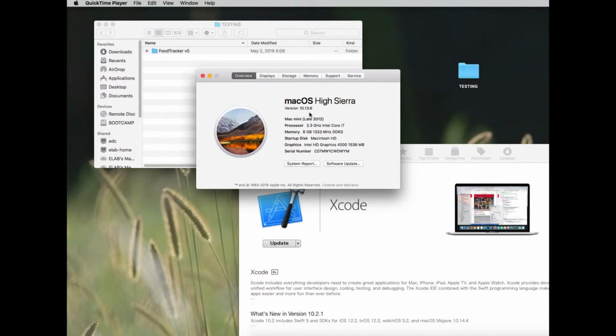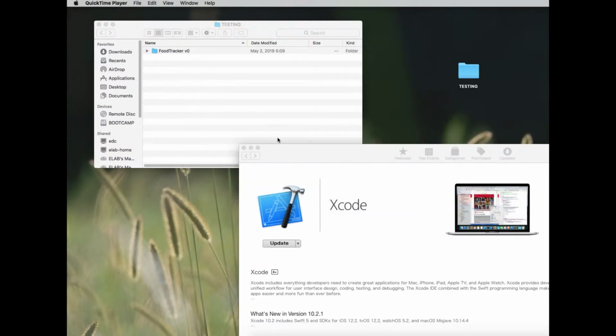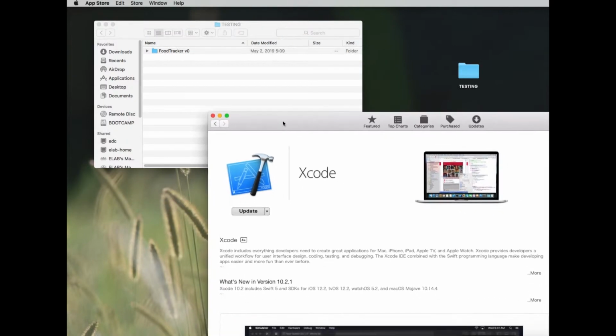And recently, Apple released a new Mac operating system called Mojave. That is the operating system I'm using on my MacBook for my personal use. All right, and also if you look at the Apple Store, you will see that the Xcode version currently available to everyone is